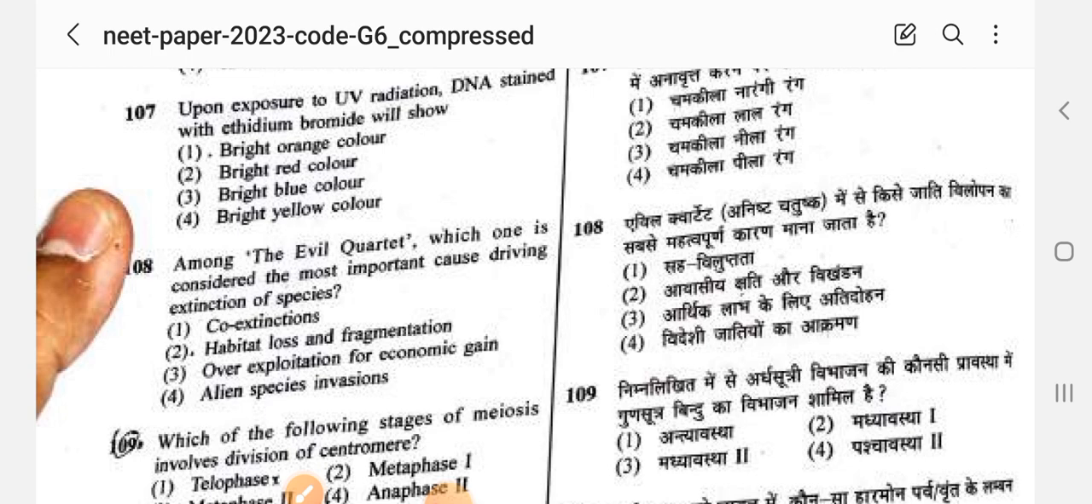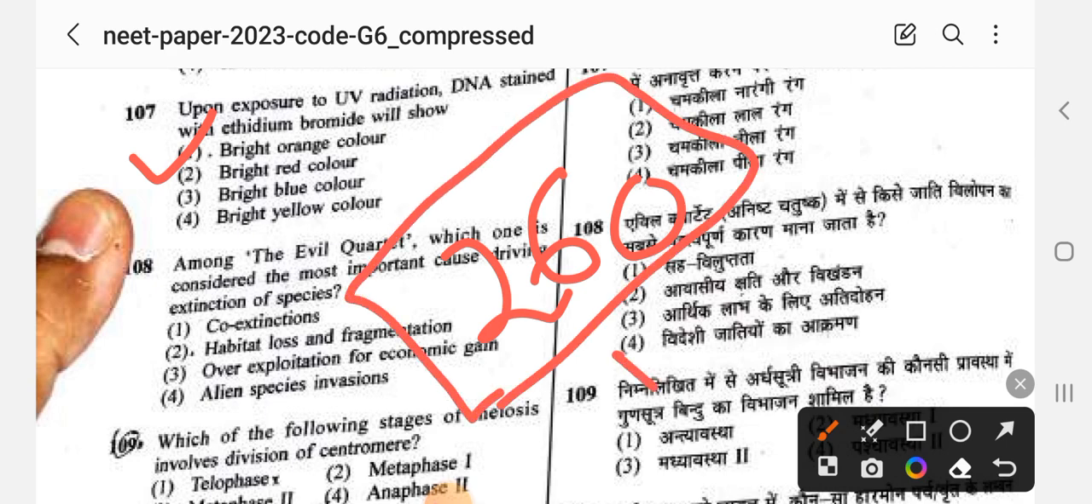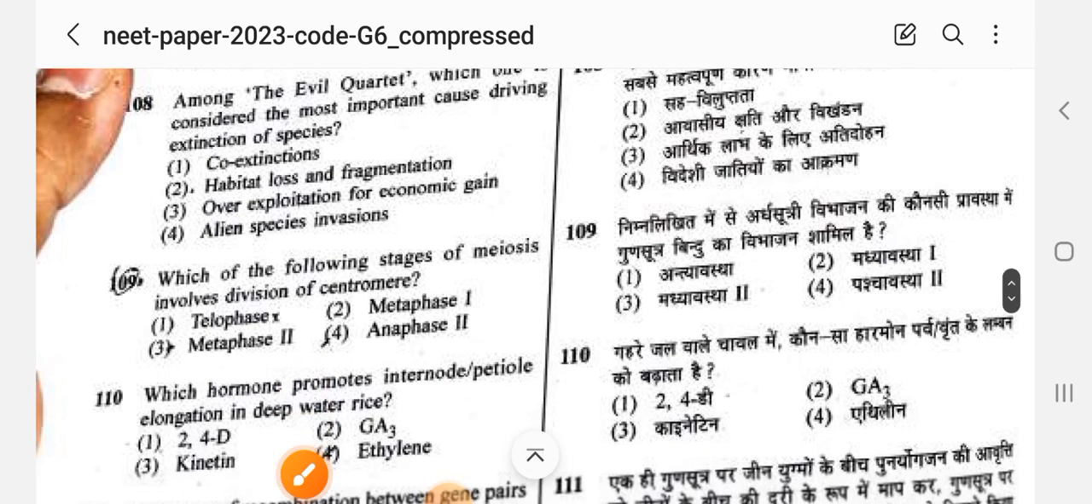So next is upon exposure to UV radiation, DNA stained with ethidium bromide will show, it shows the orange color, bright orange color। जो DNA हमें दिखता है UV में 260 UV रेंज जो होता है उसमें डीएनए हमें ऑरेंज कलर का दिखेगा, बैंड जो होंगे डीएनए के ऐसे ऑरेंज कलर के दिखते हैं।